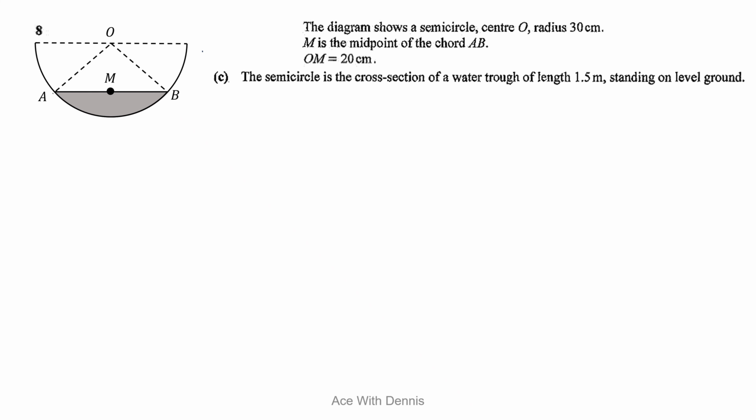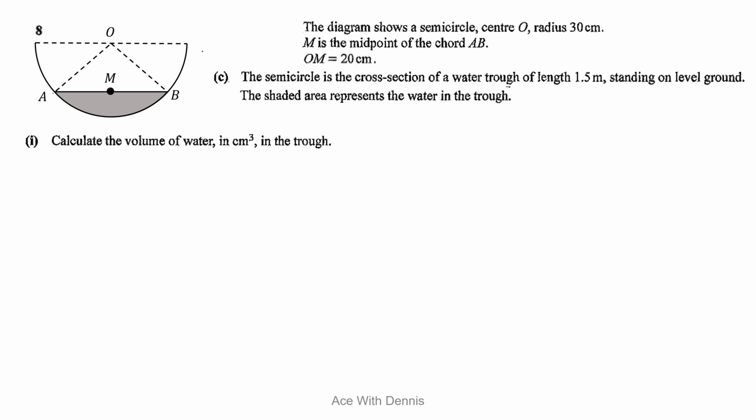C. The semicircle is the cross-section of a water trough of length 1.5 meters standing on level ground. The shaded area represents the water in the trough. Part 1. Calculate the volume of water in centimeters cubed in the trough. 2 marks. So to calculate the volume of the water in the trough, it will be the cross-sectional area multiplied